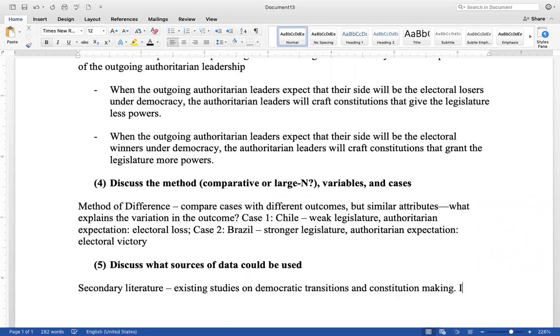I would also use classified intelligence documents through the CIA and others, I would access